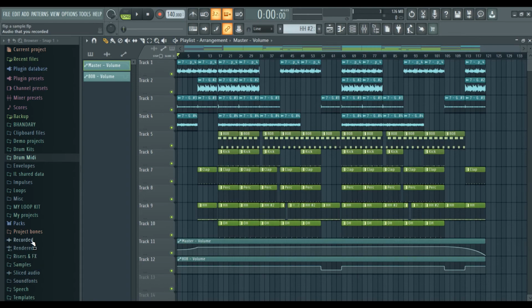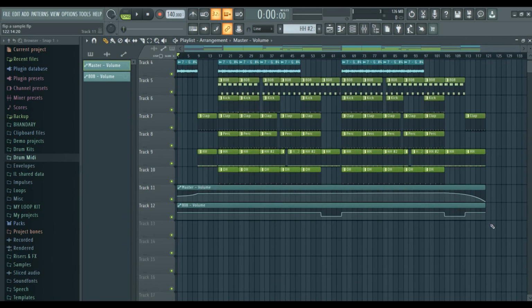Okay, so now I have arranged the beat and created the necessary automation clips for the master volume and the 808 volume. So now I'll add a riser and a crash at the beginning of the hook.